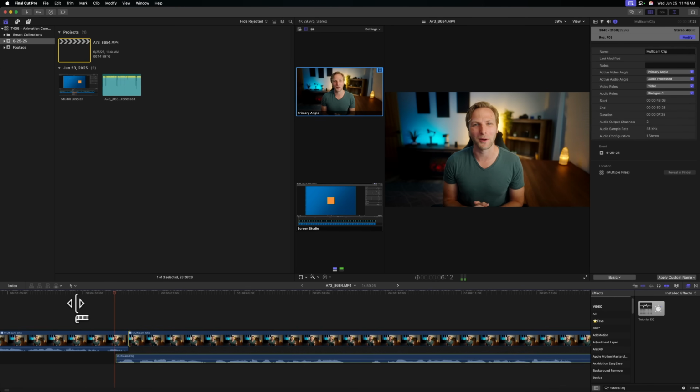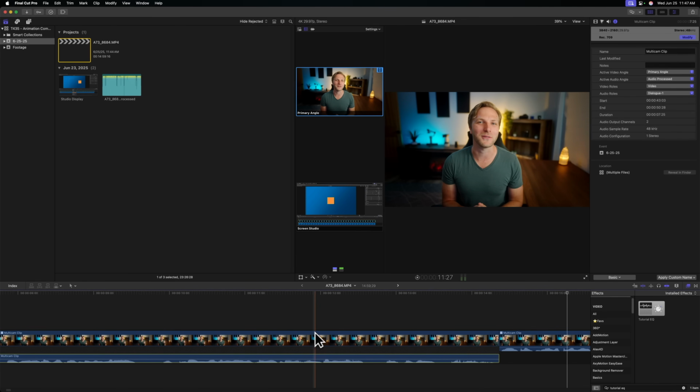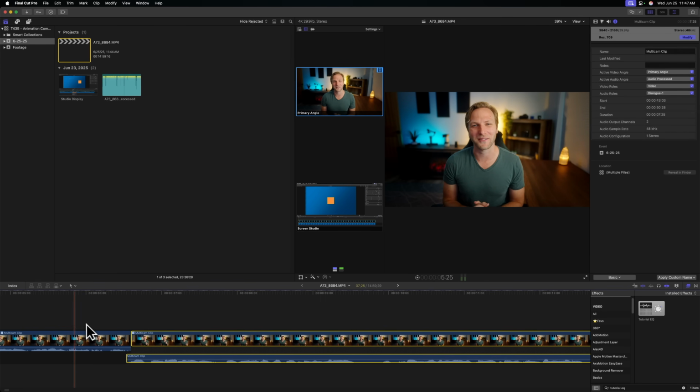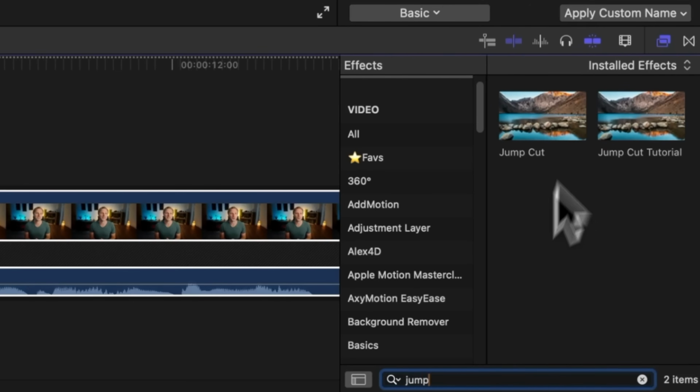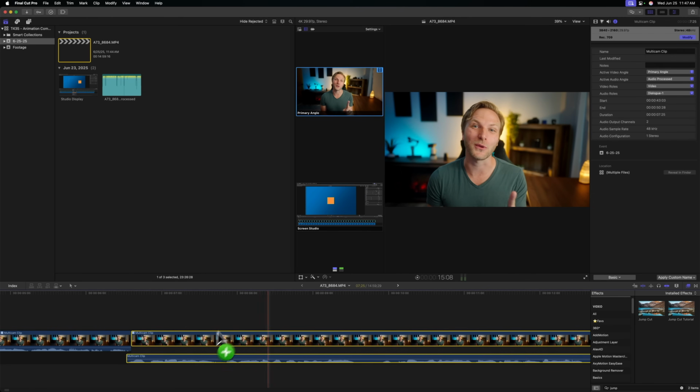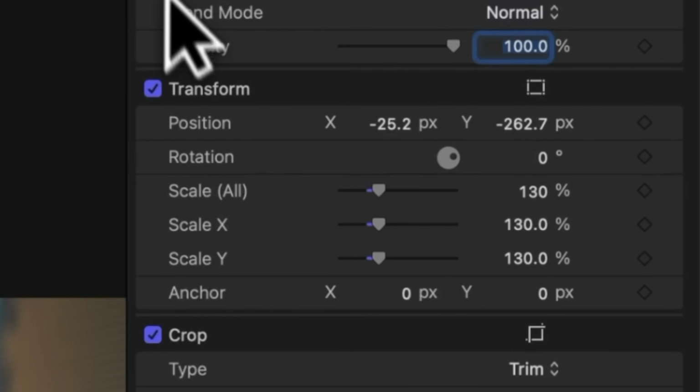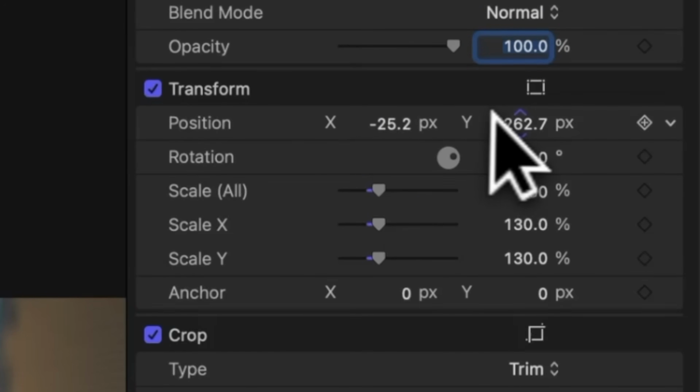takes. So that's looking pretty good, but I want to add in a jump cut because right now I'm going from one sentence to another. So let's go ahead and find my jump cut preset, which I'll just look up, and we can apply that on just like so. If we go over to our video inspector, you'll notice that I've offset the position and